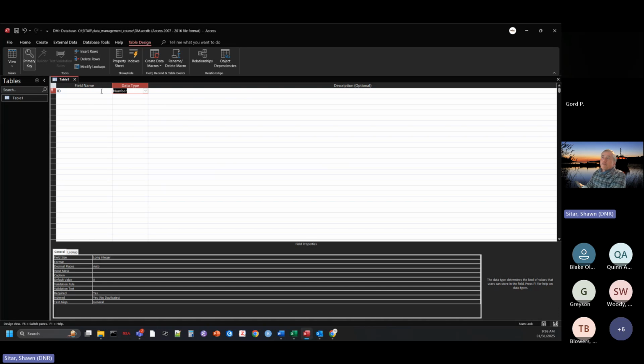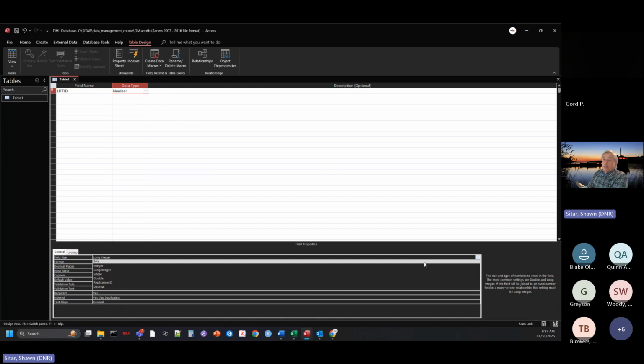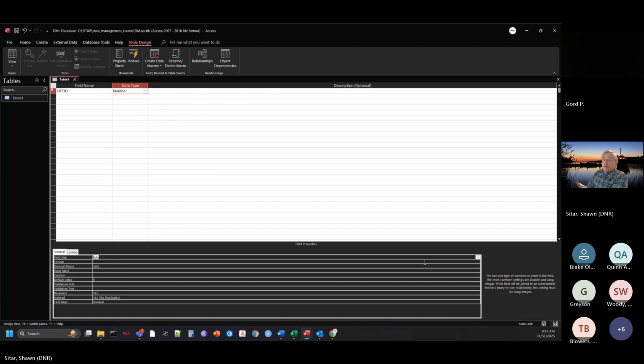For a basic field, you're going to have a name of the field. Let's say we want to call this lift ID. You would just go in and type it there, and we want that to be a number. Then there are different number formats. Every type of number format in the database has a memory associated with it. For example, the byte is the least memory intensive, but it has a limited range of values that you can use. On the right, it gives you an example of